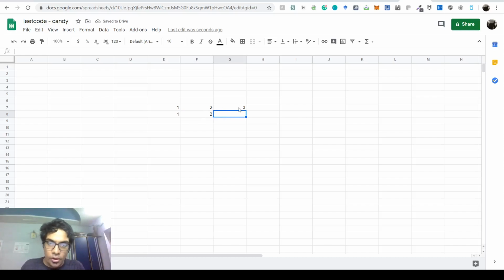And this also has more rating than its neighbor, so it automatically has more candies than this one, right? So this can be 30, this can be 20, this can be 29, but this cannot be more than 30 because this is 30. So essentially the condition should be satisfied, right?